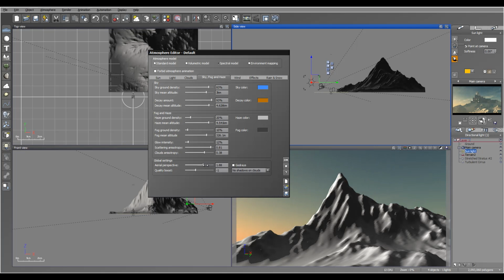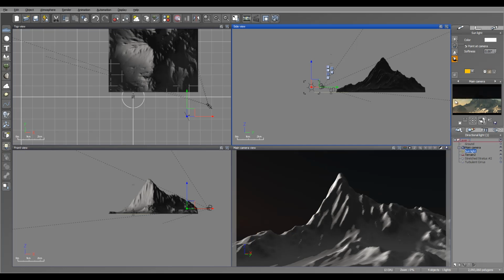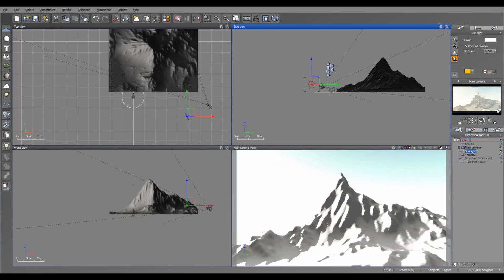But the problem with adding too much haze in this case is we lose a lot of good details that I want to keep on this mountain. And of course we have our fog on a lower level, so we'll just bring it up, just readjusting. Okay, let's click OK. We'll take the sun, maybe bring it slightly even more down. I want to see this kind of reddish almost. I like this color, but we start losing a lot of good details, so it's nice